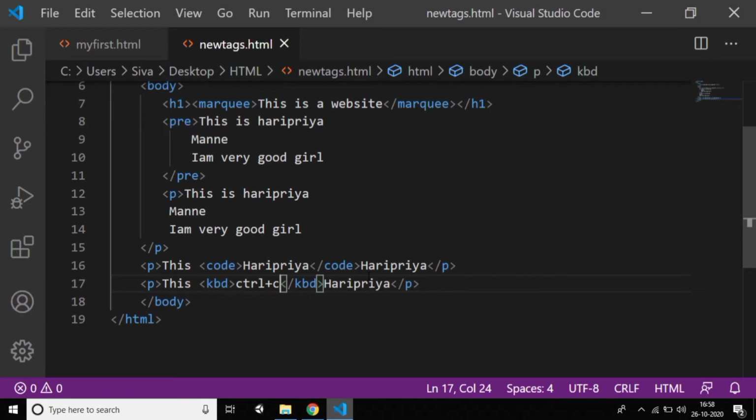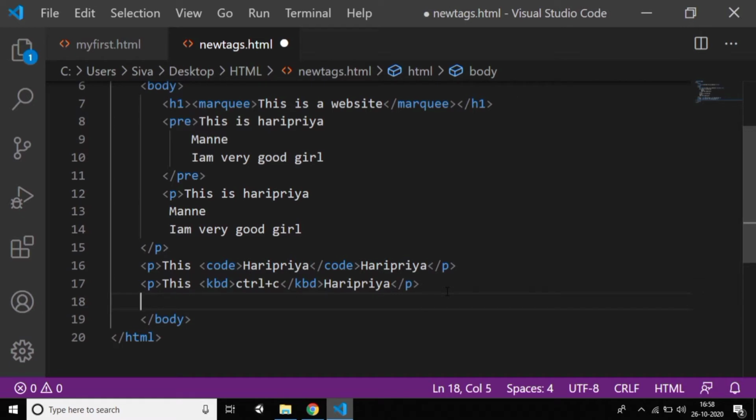And the next tag which is available is called the audio tag. Guys, up to now I didn't explain audio. If you want to play any audio, is it possible to play audio in websites? Can you add audio to a website? Yes, of course. Is it possible by using the audio tag? Yes.